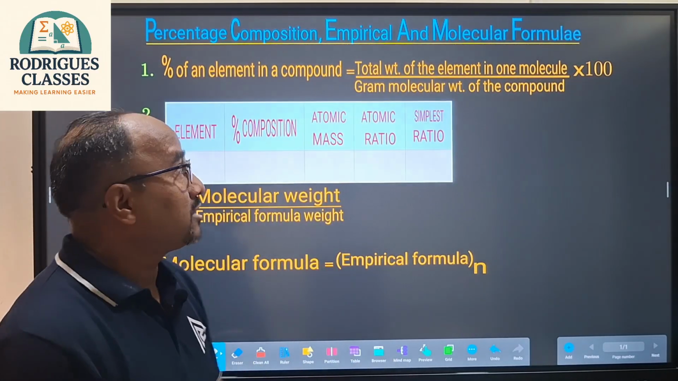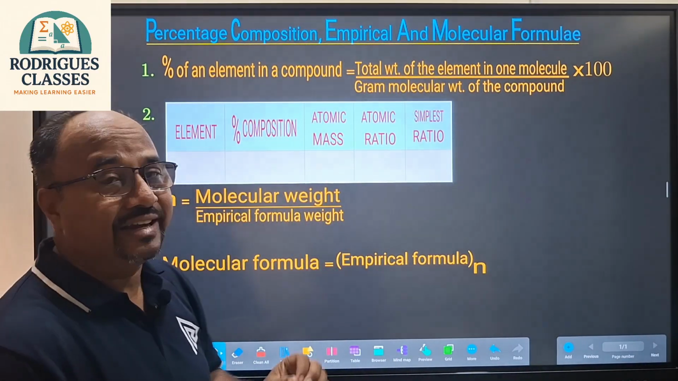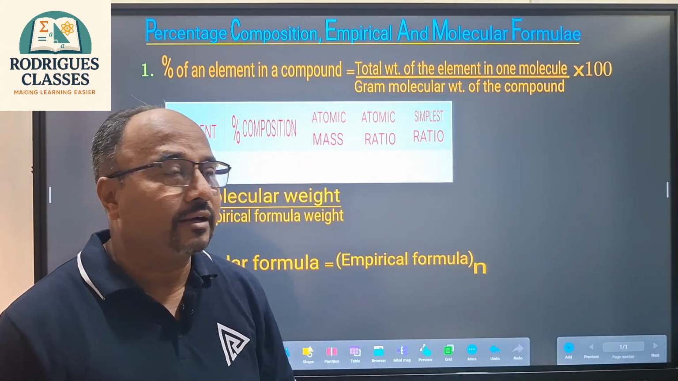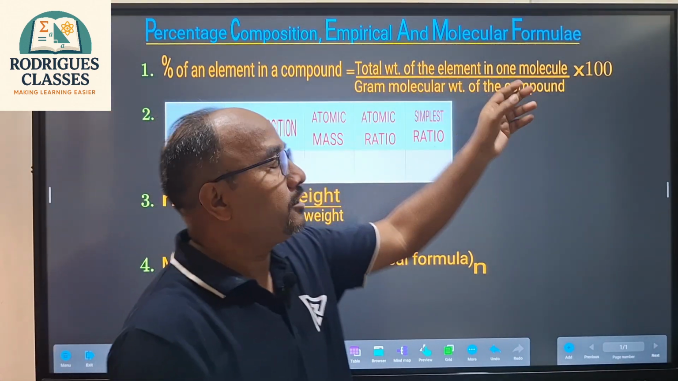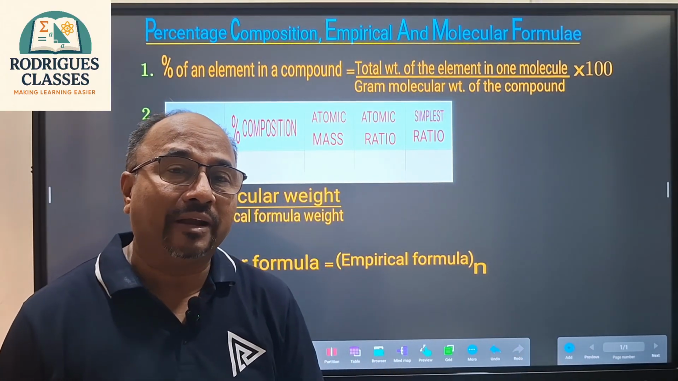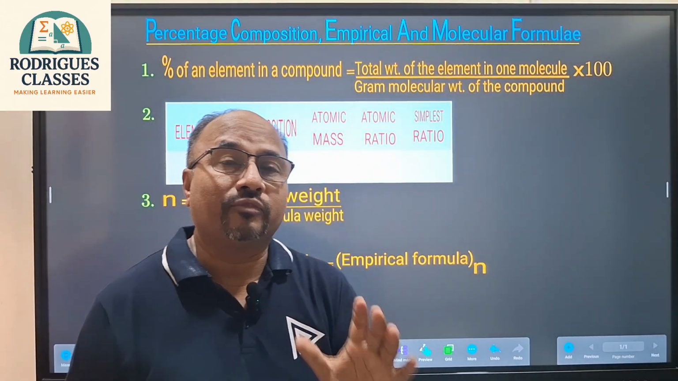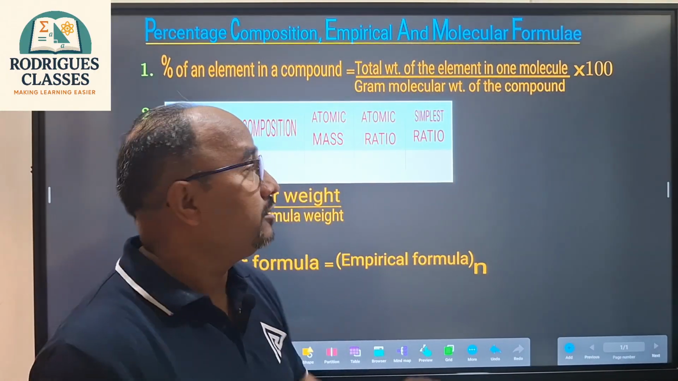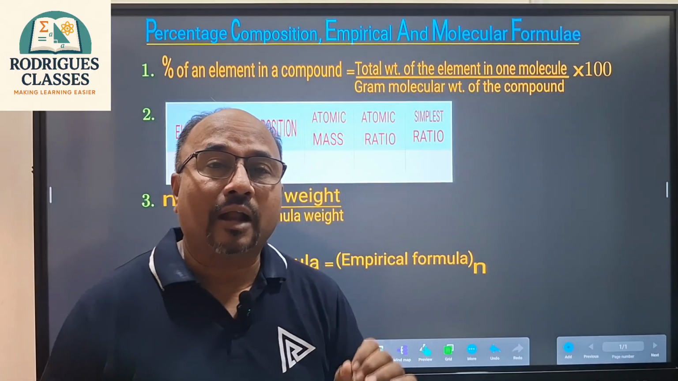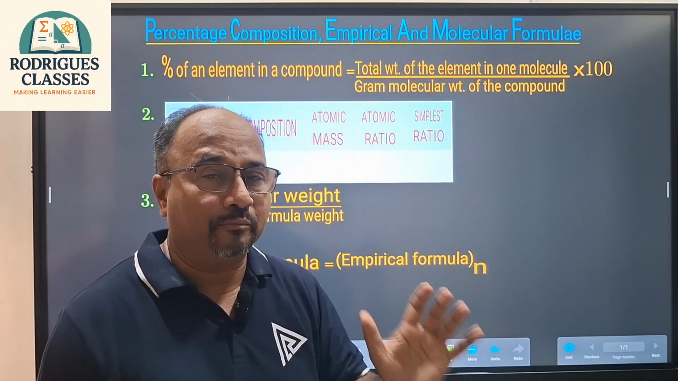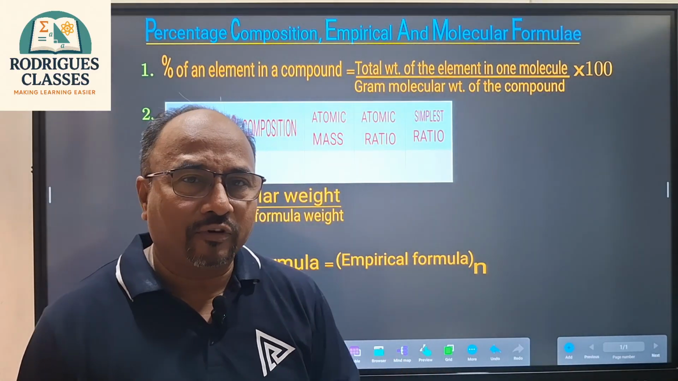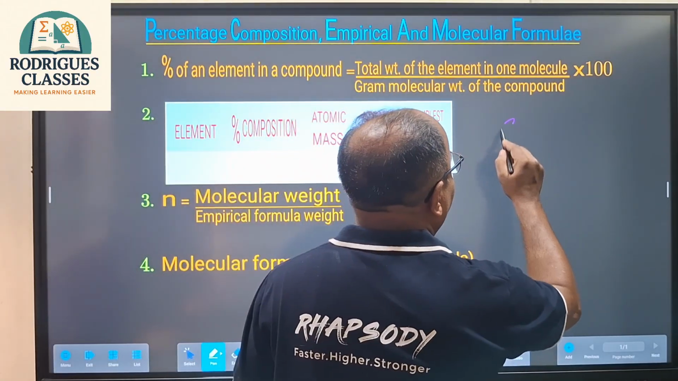First of all, it will start with finding the percentage of any element in a compound. How is that done? You will have to find the total weight of that element in one molecule of that compound. That mass will be written in the numerator divided by the gram molecular weight of that compound and then multiplied with 100. Like for example, if I take